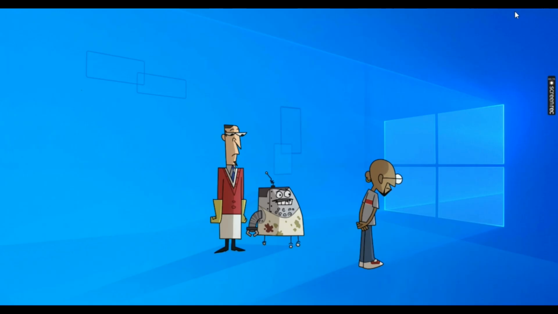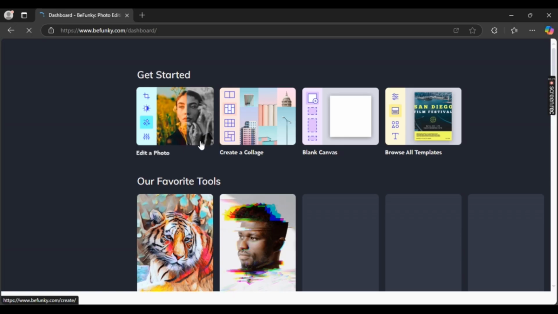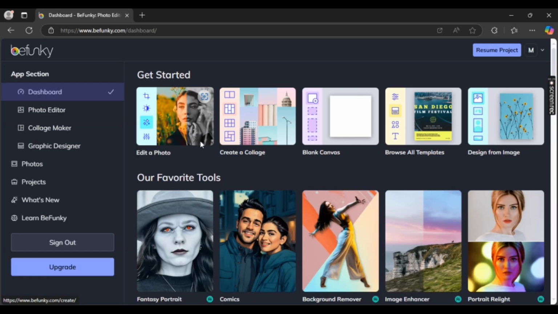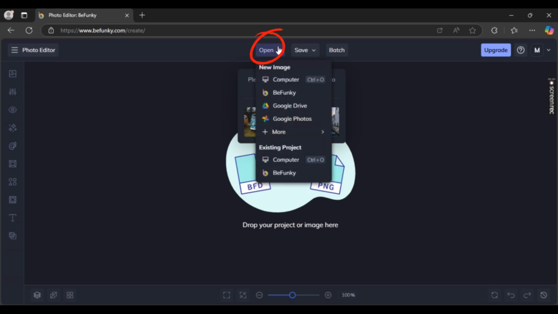Now first off, open up your favorite browser and type in befunky.com. This will redirect you to its official website. Now make sure you are signed in as well. Now on the dashboard, you can see photo editor. Click on it. Now once you're there, in order to import images, click on open and choose any